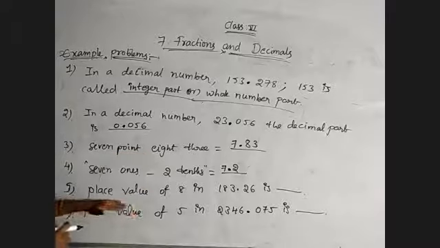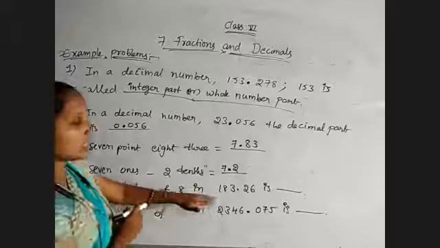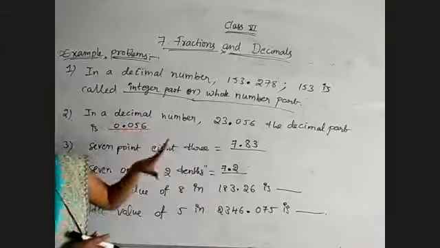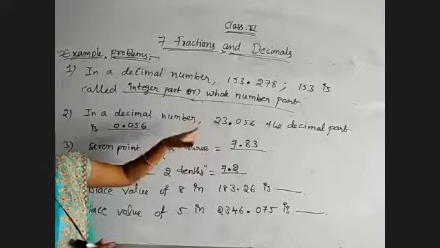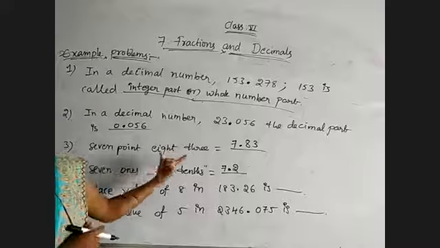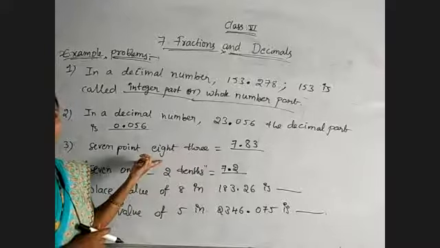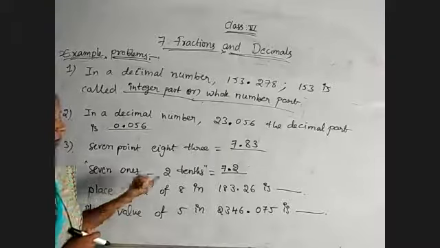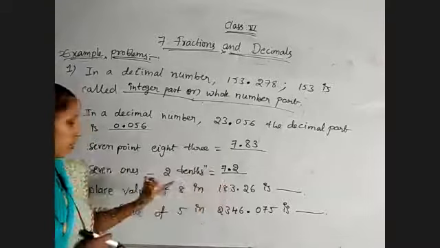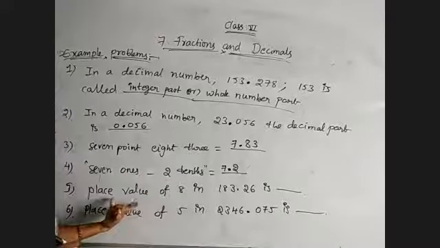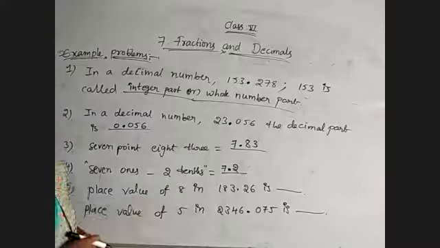And fifth question, place value of 8 in this number. So till now, whatever we discussed: in a decimal number, how many parts are there and what we call them, depending on these two questions. And how to write a decimal number in words when they are elaborated properly. And if they are given by using the place values, how to write in numerical value. This is the example for that one. And coming to the fifth question, depending on the place value.